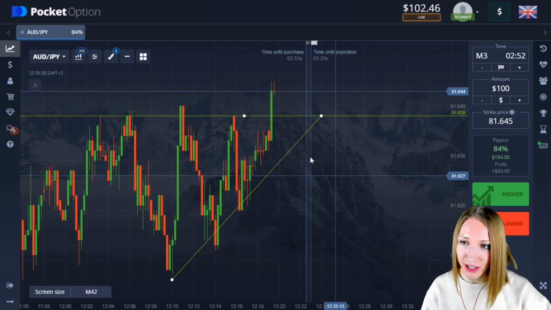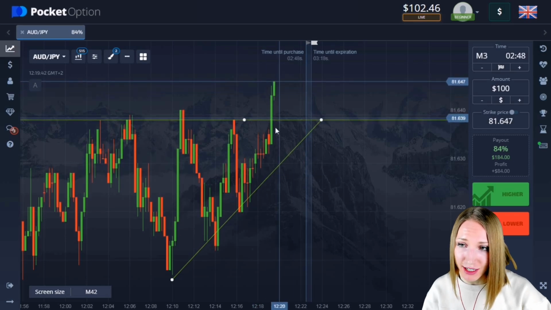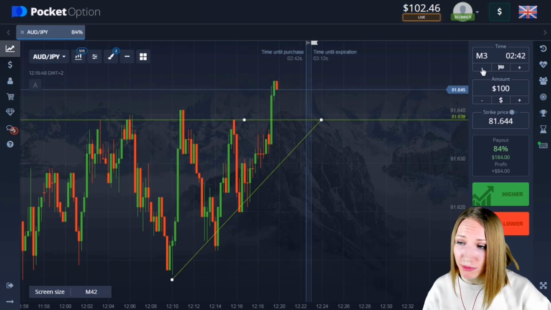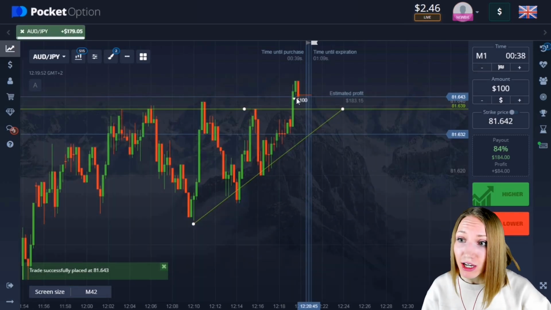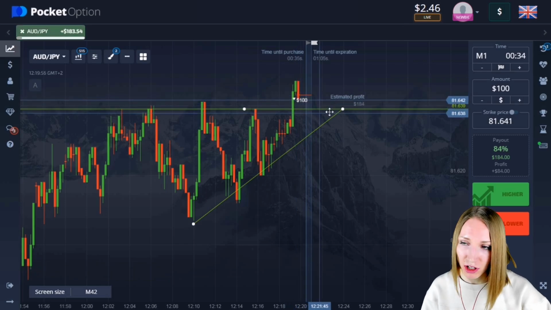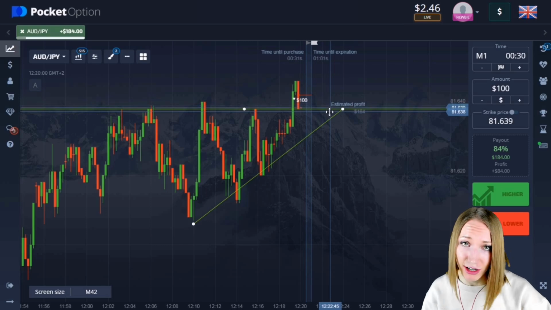Well, guys, here you can see the resistance level, and you can notice right now the price has broken through this level and has been moving up very confidently. So let's open a trade for 1 minute with down because you can already see the pullback down, and in most cases after the impulsive breakthrough there is the pullback down. So this time must be enough for this. So guys, let's check and see what can happen.